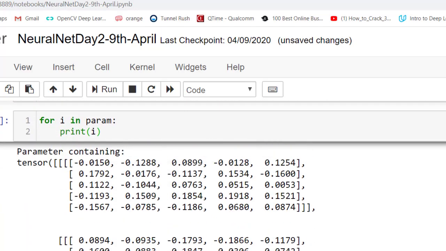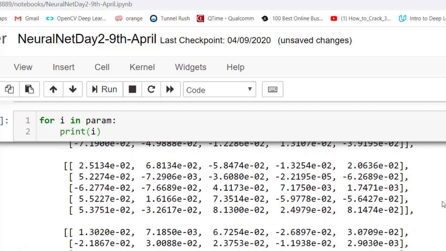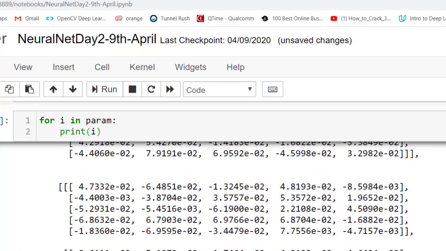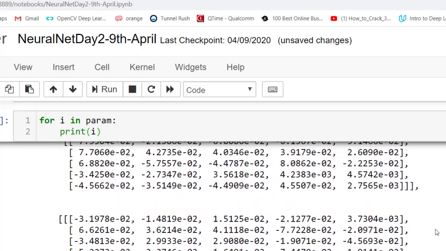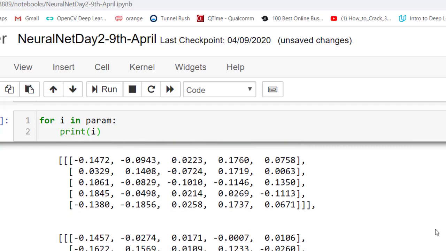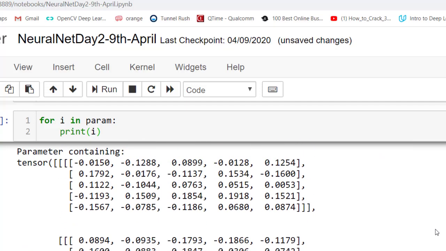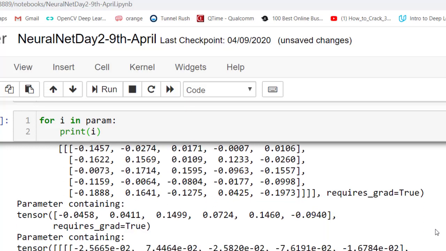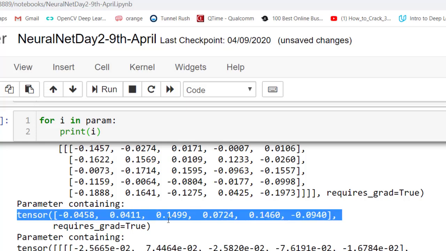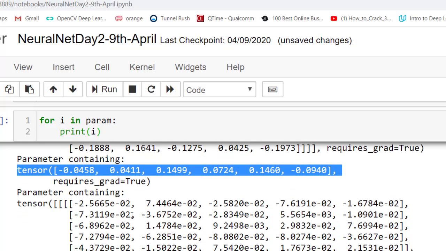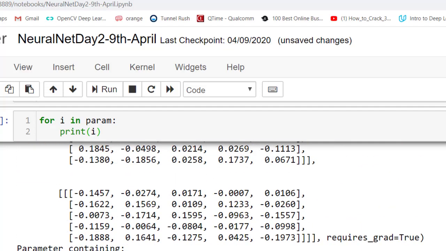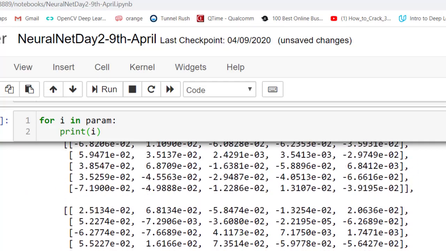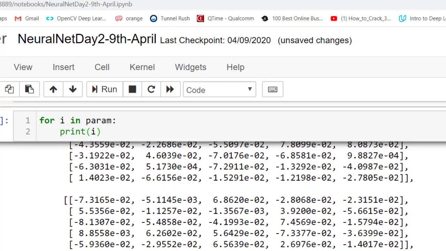Right now these are random numbers, and these random numbers are going to be updated every time this network gets trained. In fact, all these numbers are nothing but arrays of numbers. The first set of numbers may be for the first convolutional layer, the second set of numbers maybe for, I don't know, the pooling layer, the third layer. So these are different layers here.